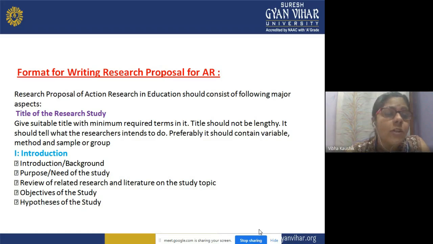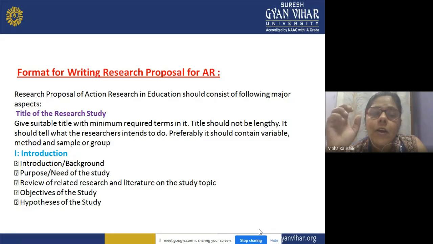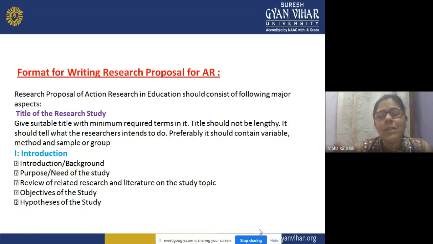What is that? Give a suitable title. You have to give a suitable title for your research with the minimum required terms in it. It should be narrow and specific, showing that on that topic I am doing my research. The title should not be lengthy. It should tell what the researchers intend to do. It should be precise, in a short form, in a narrow format, but it should give a clear